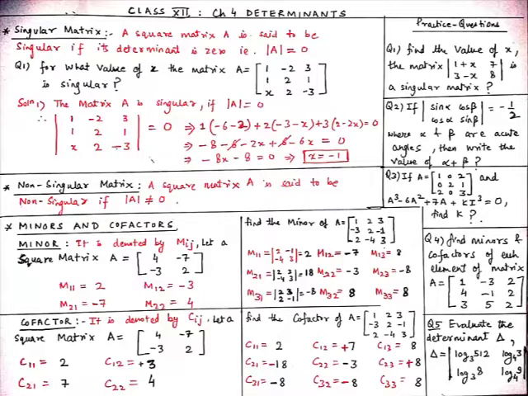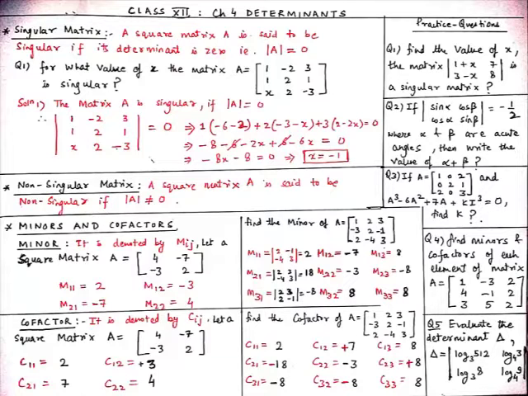And now C21. Now since M21 is equal to 18, and for C21, 2 plus 1 equal to 3, which is odd. So here we will take it negative. So C21 equal to minus 18. And similarly, C22, which means 2 plus 2 is 4, which is even. So we'll take it as it is. So C22 is minus 3. And now C23. So 2 plus 3 is 5, which is odd. So here we will take it negative. We know that M23 is minus 8. So C23 will become minus of minus, means plus 8. So C23 is plus 8.